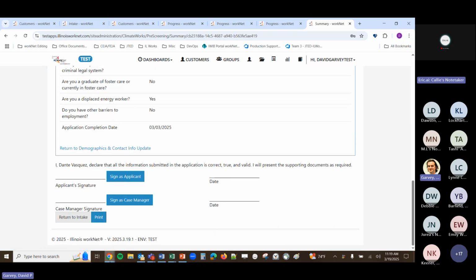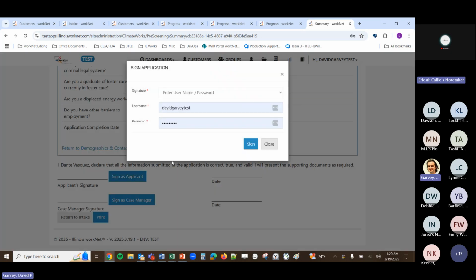Okay, so there's an issue that's come up where, for signing the application, when you select sign as applicant, we have a few drop downs here. Of course, there's the username and password that can be used to sign the application for the customer.